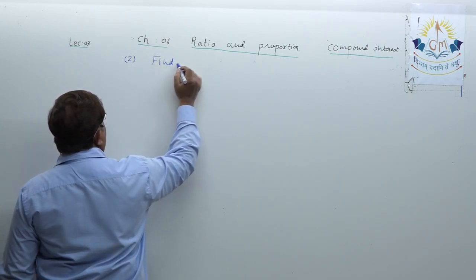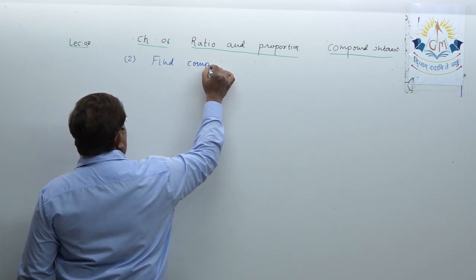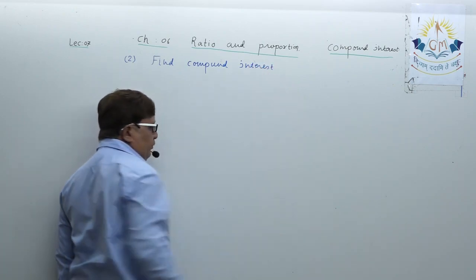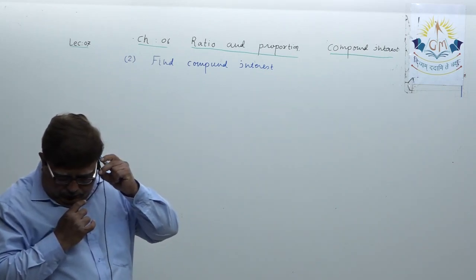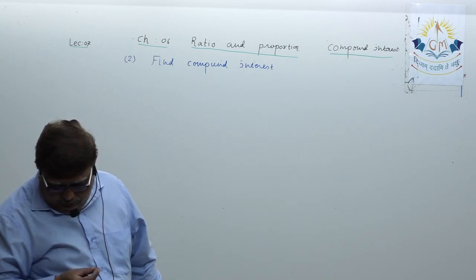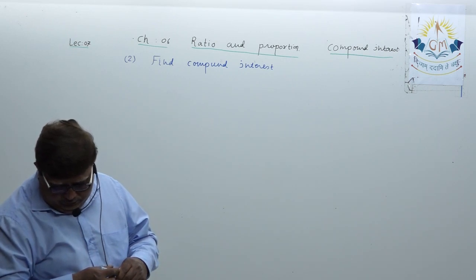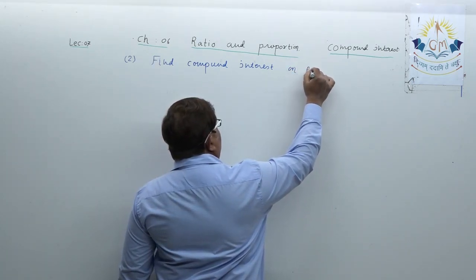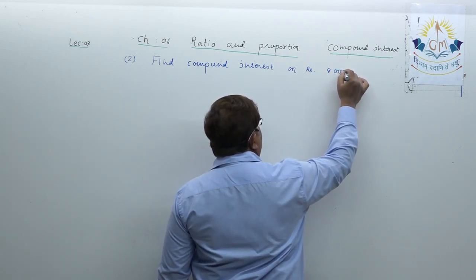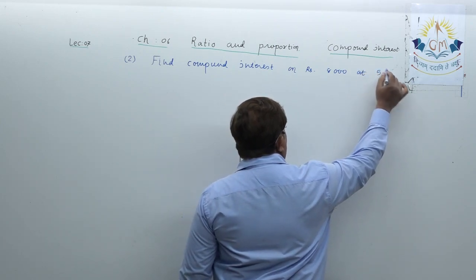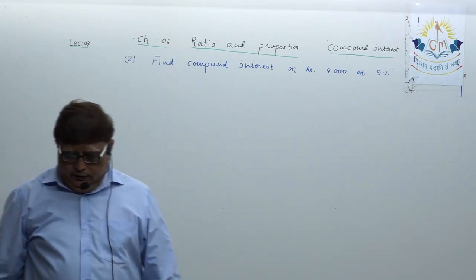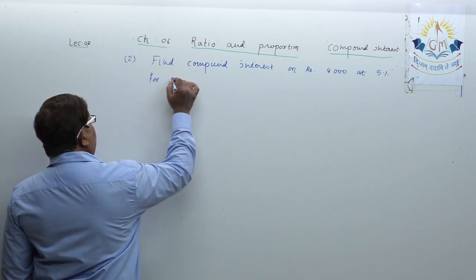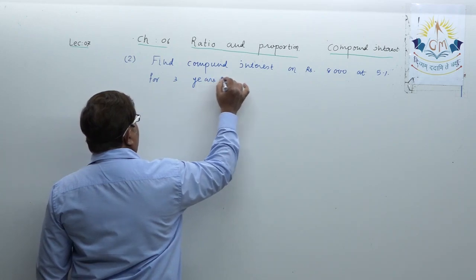Find compound interest on rupees 8,000 at 5% for 3 years, if